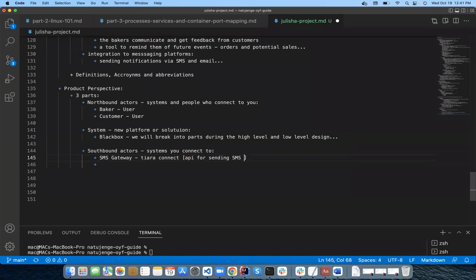So as part of the guys who will be doing this project, you can actually create a system that sends out SMS. You'll also connect to the email server for sending email. In this one, you can connect to maybe Google email servers for sending email. Yeah, so if you want to connect to Google servers, all you need is maybe